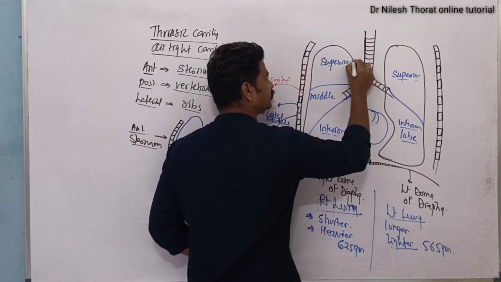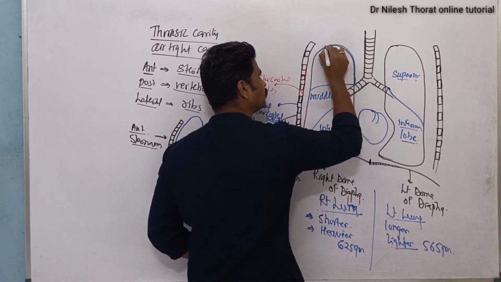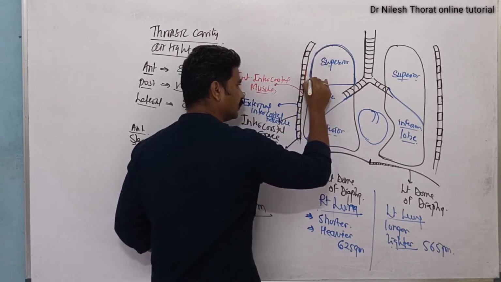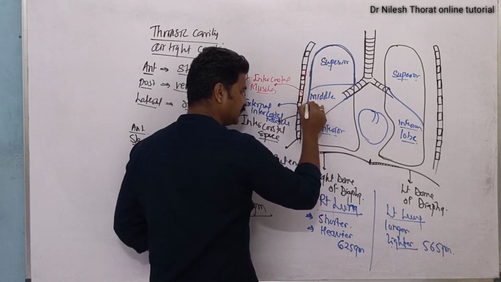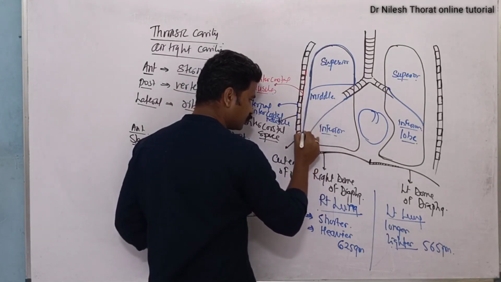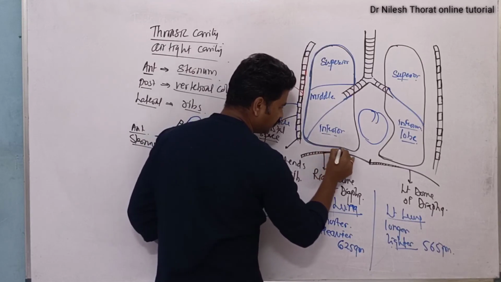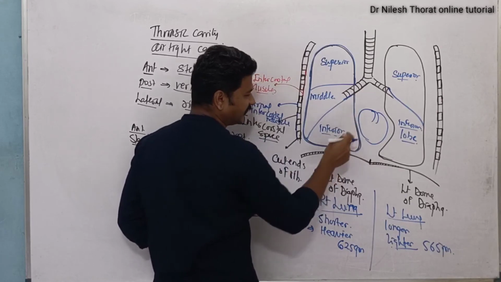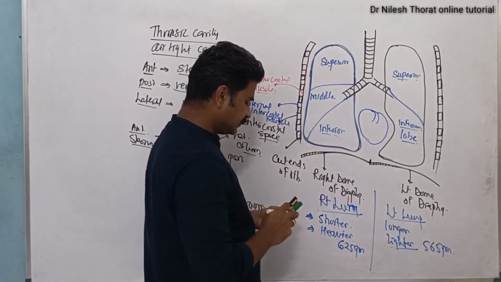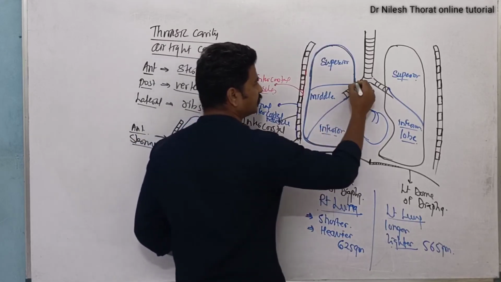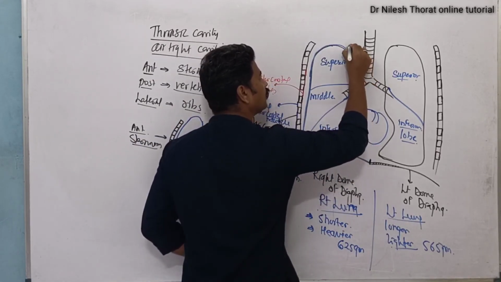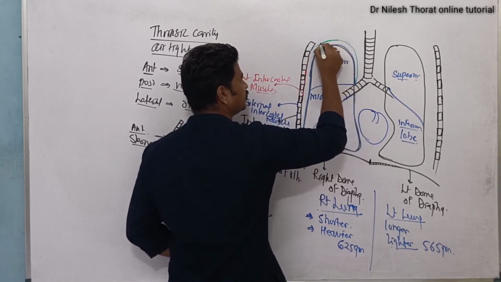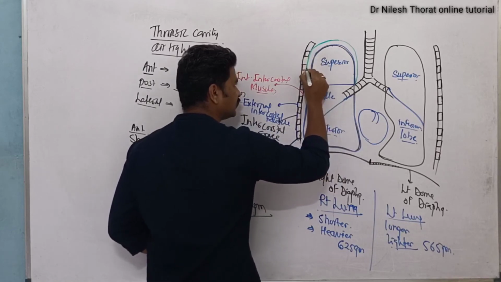ये मेम्ब्रेन जो लंग्स को कवर कर रही है इसको हम प्लूरा कहते हैं, और प्लूरा की 2 लेयर्स होती है। अरेंजमेंट इस तरीके से होती है कि एक लेयर प्लूरा की क्लोज कांटेक्ट में होती है लंग्स के पैरेन्काइमा के। So this is the first layer of pleura which is in contact with the lung parenchyma, and the second layer of pleura will be in contact with the thoracic cage. सो ये सेकंड लेयर है प्लूरा की जो थोरैसिक केज के कांटेक्ट में है।